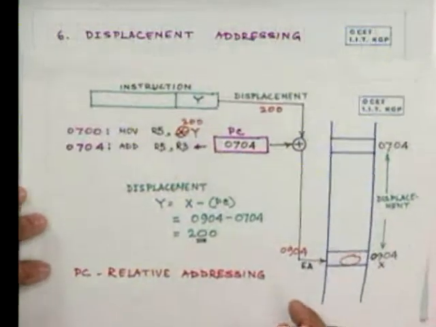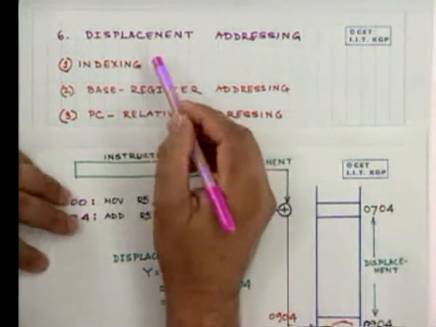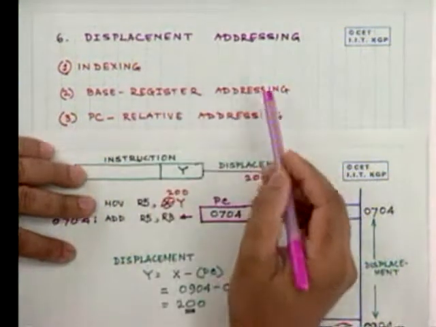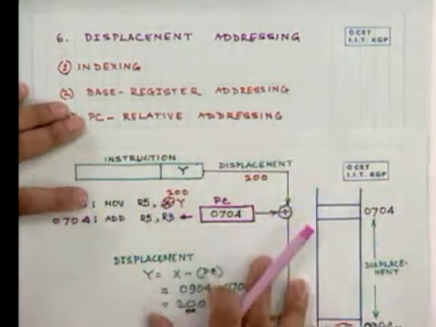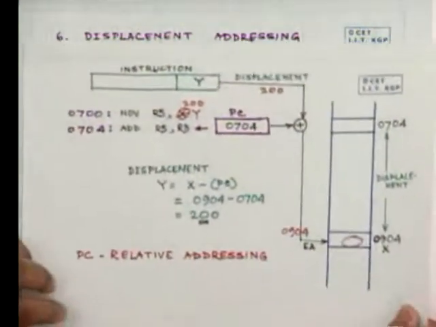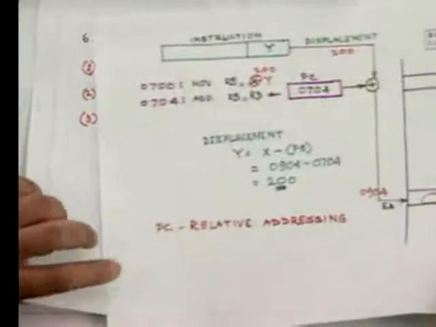Now we see that in the case of a displacement addressing, therefore, we have discussed three very useful addressing modes. One is indexing, one is the base register addressing, and one is the PC relative addressing, which can be used, okay. Now let me tell